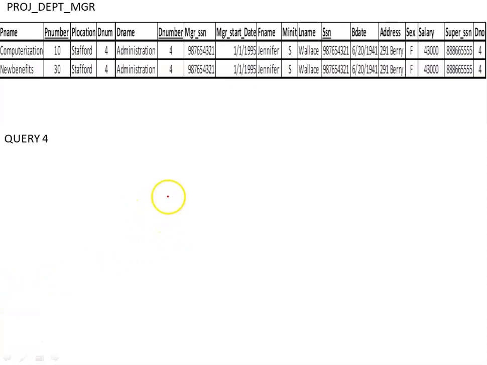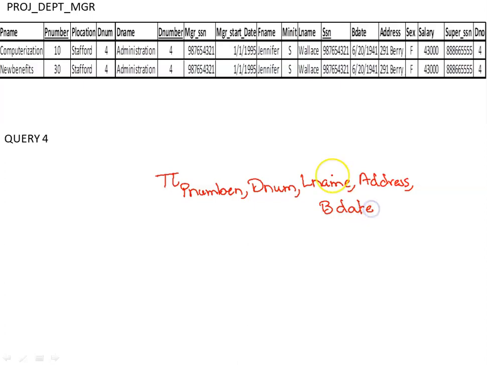I'll say project P number, D num, L name, address, and birth date from the project department manager relation.